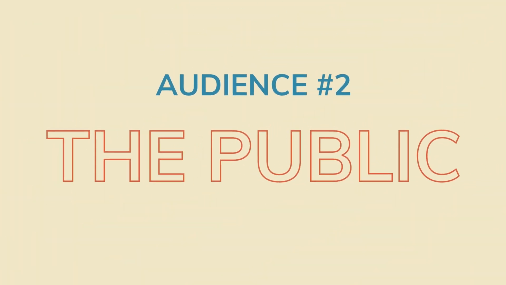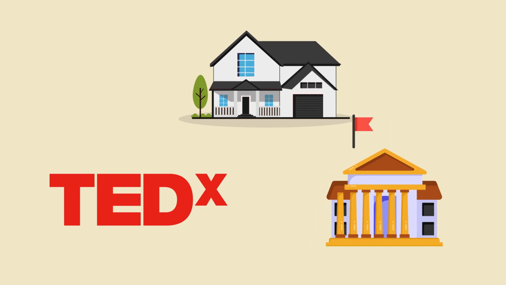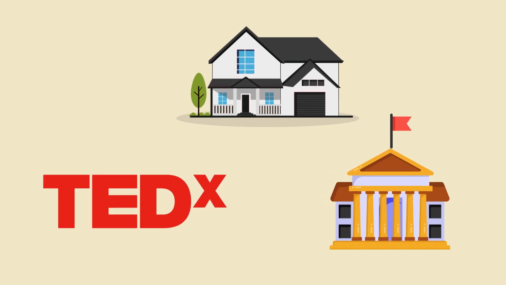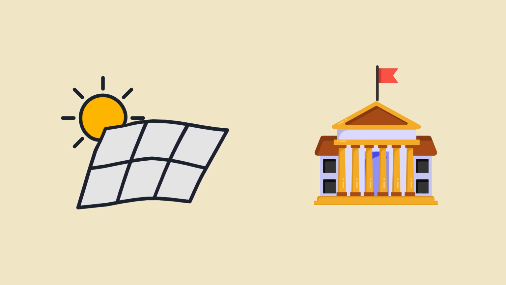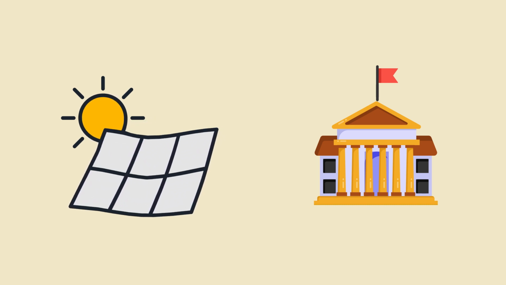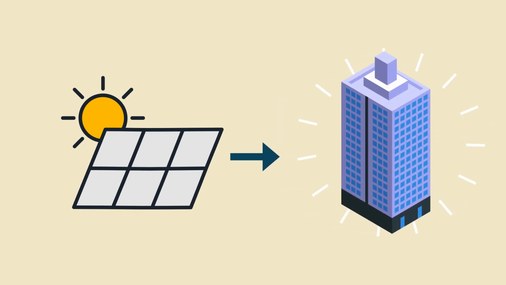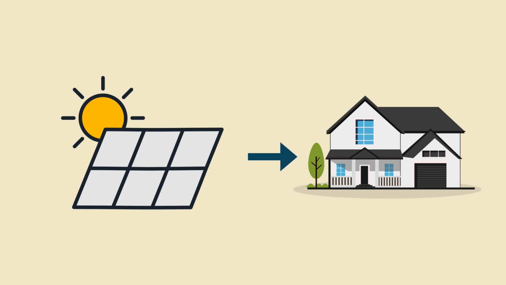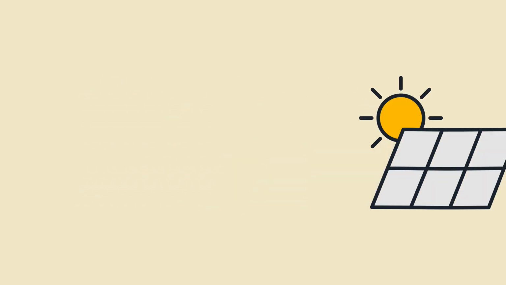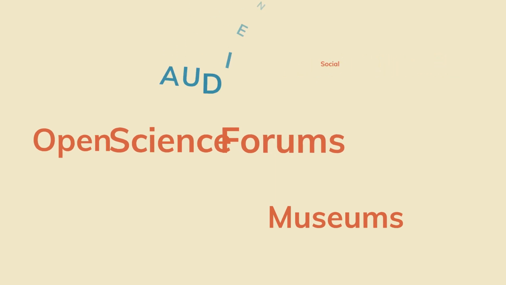There are even opportunities outside of academic routes for sharing research. Some of your stakeholders might be in the general public. For a student working on flexible solar cells to integrate into home products like blinds, they may want to introduce their research to local governments or corporations, maybe even let homeowners know about the technology. There are many options to connect with the public, from open science forums to museum presentations to social media.